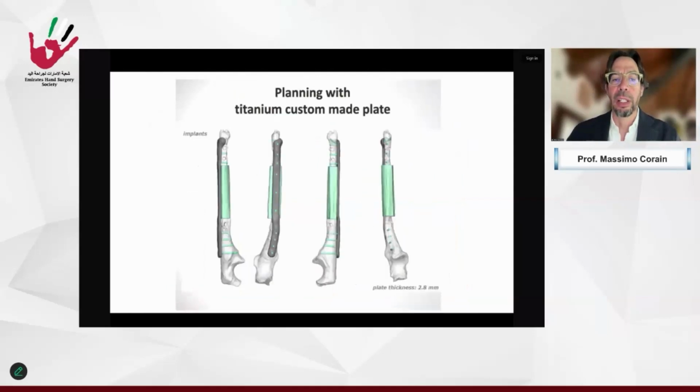So I asked them a custom-made plate with a strange shape, a large shape, in order to have 4 screws distally, avoiding the previous holes of the previous plate. So this is the simulation.